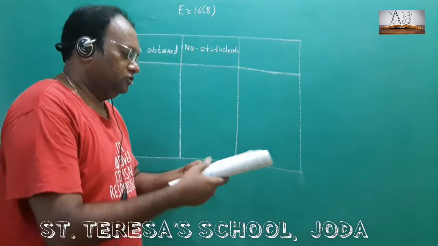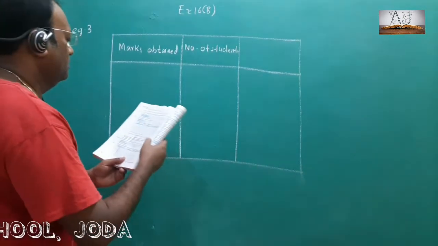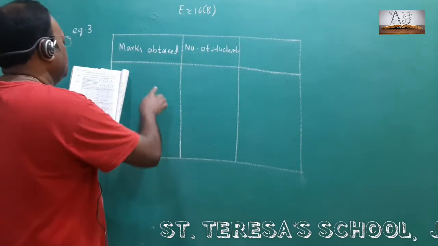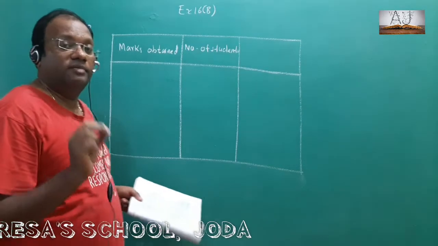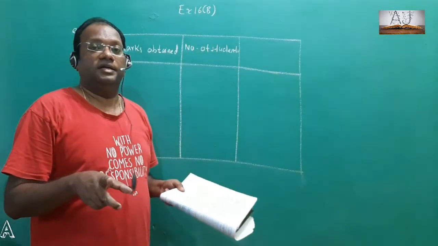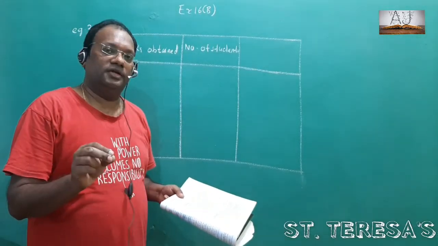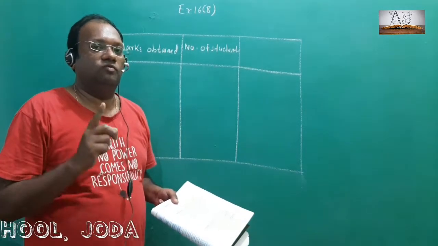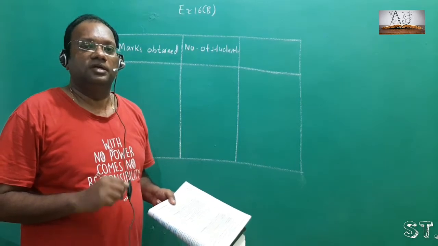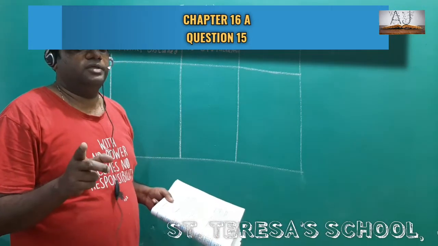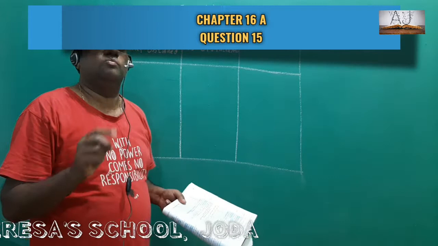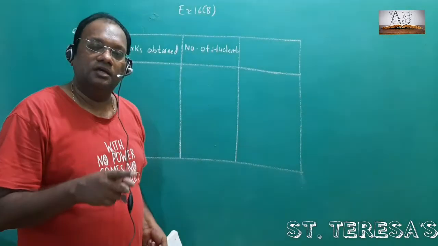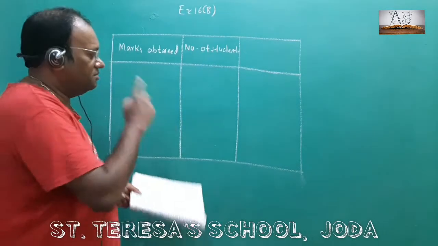So here we are going to do example 3. As you can see in this question, we have marks obtained. Let us write the marks. But remember, whenever you are writing the data for which you have to find the median, those should be in the ascending order. Don't forget to write them in the increasing order. If you don't, you won't be able to find the median. For the median, always write the data in the ascending order.